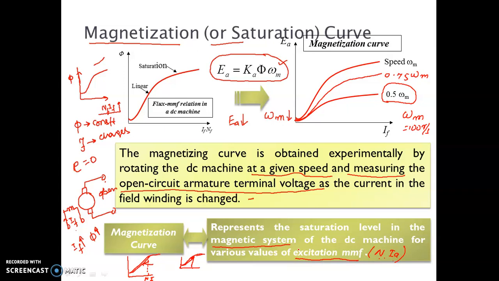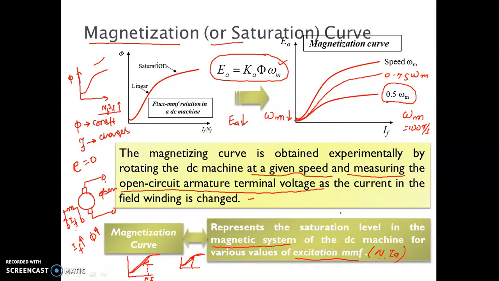Different values of excitation MMF we are giving to the machine, and we are noting at what value of MMF the machine comes under saturation. So this part we have to keep in mind: saturation should not occur. You have already studied this in your first year class. Why should saturation not occur? I have given you here two very important things on why a machine should not go under saturation.